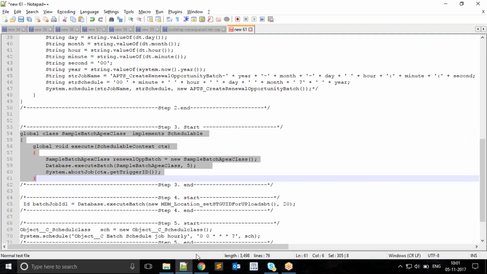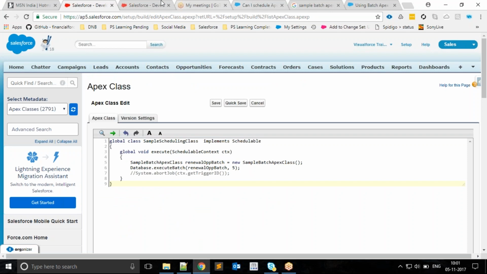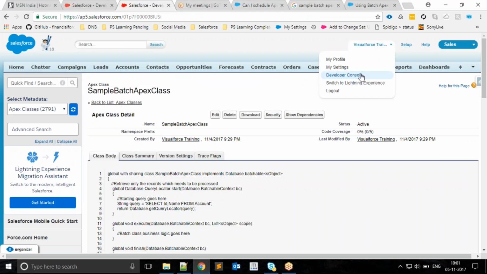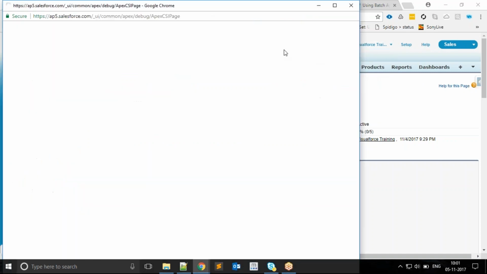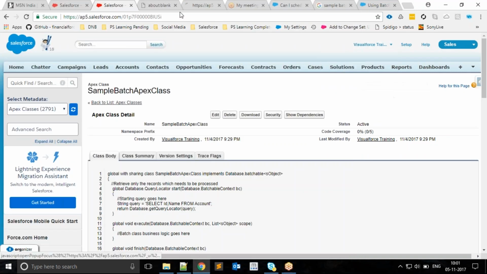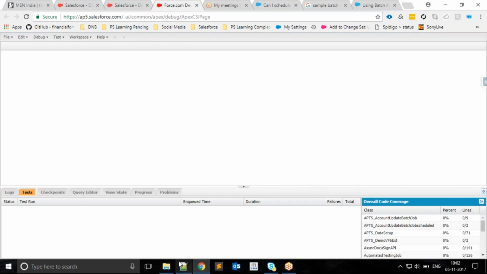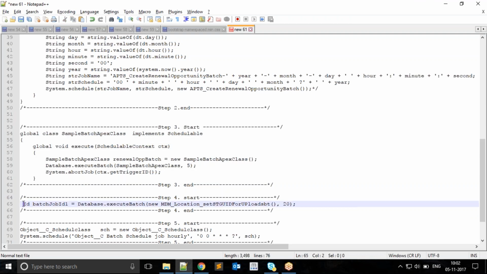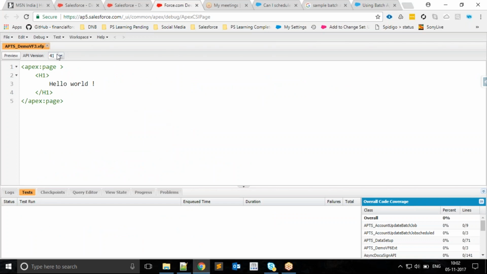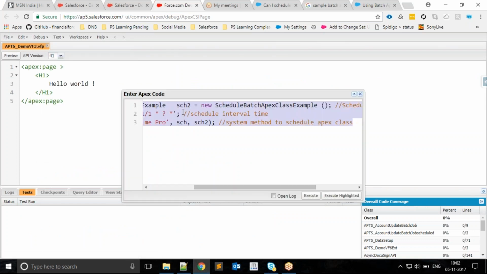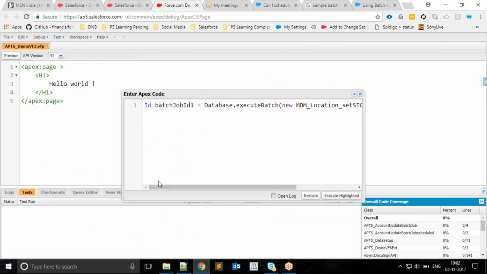Now moving to the fourth step. We can schedule this batch apex class through the developer console. So let me go to the developer console. I can execute this batch apex class through the developer console for one time, and for that, what I can do is go to the debug log, where I need to pass